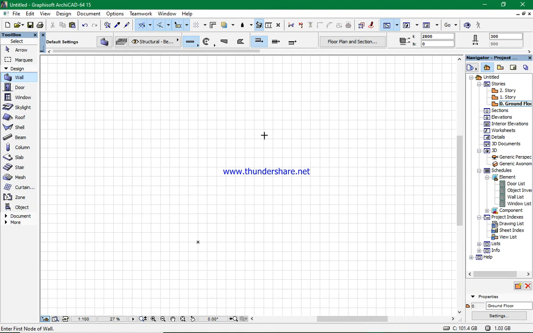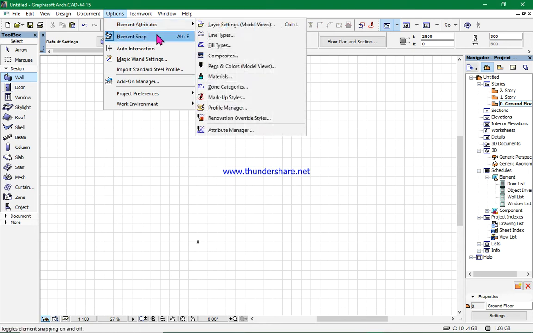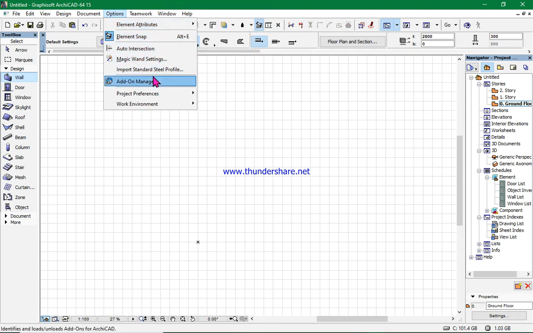Working preferences are the dimensions, or how your dimensions should be input. So working preferences is always on this taskbar here. You have File, Edit, View, Design, Document, Option. Click Option. In Option you have many elements, but now we are going to the element project